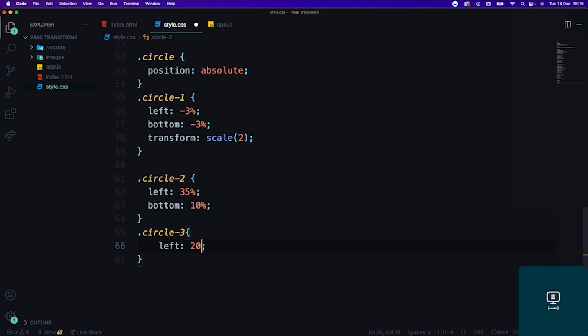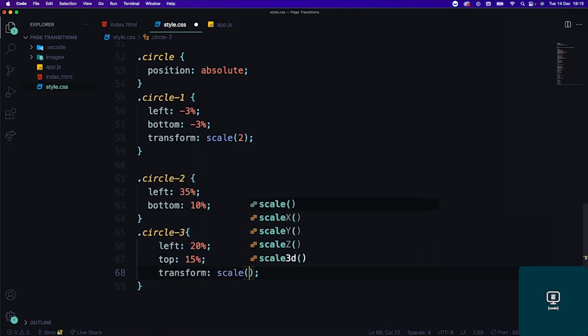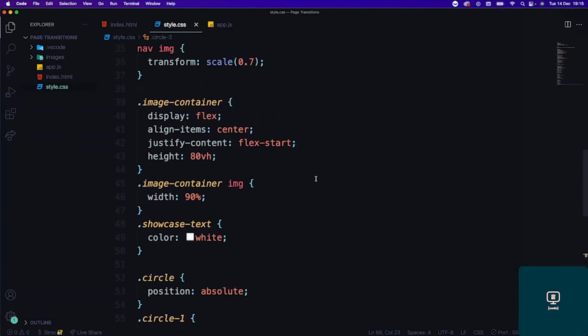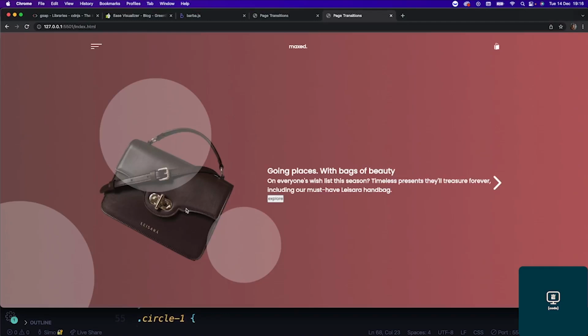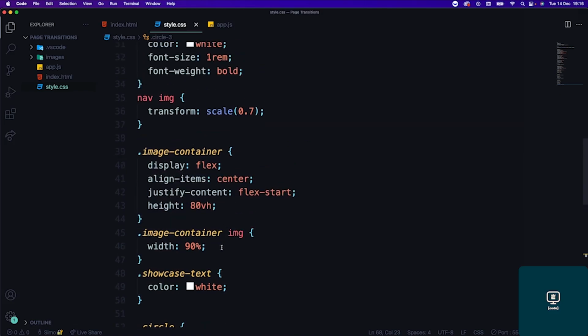We'll do a left of 20%, top of 15%, and then we'll do a transform scale of 1.5. Just like that. Perfect. So now what I want to do is actually take this handbag and put it in the front of this. So if we go here to the image,